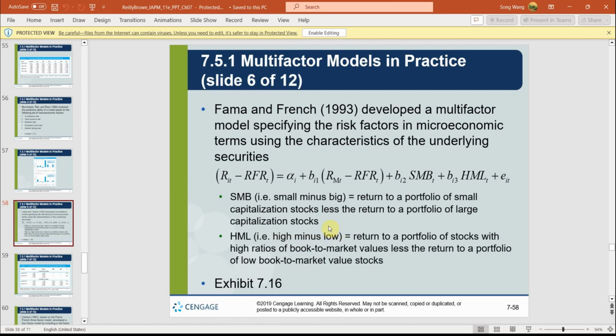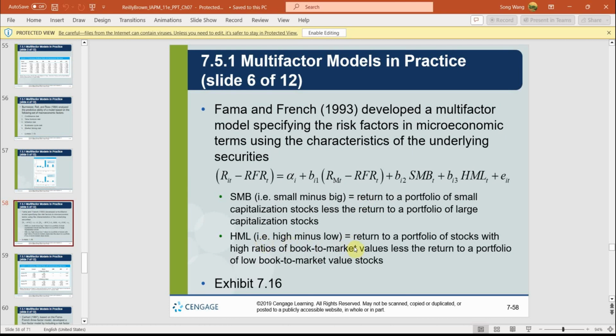It is easier to understand small minus big because the small stocks are those with lower market capitalization, which is the stock price times the number of shares. Okay, so you put the small stocks in one portfolio, and in another portfolio you put all the big stocks in the market, and then you use the small stock returns minus the big stock returns to get this factor. And the other factor is called high minus low, and that is about the book to